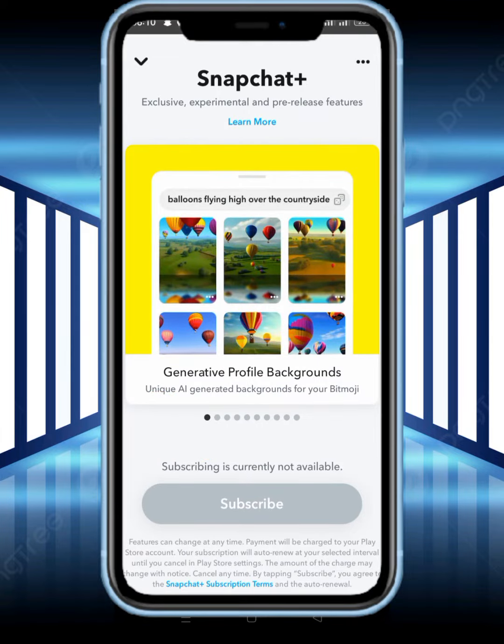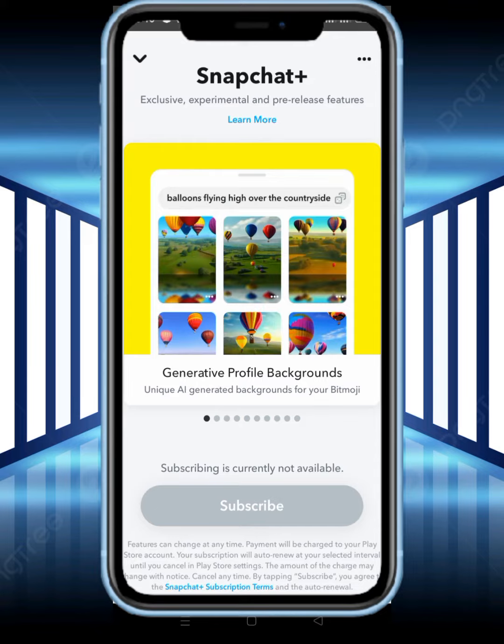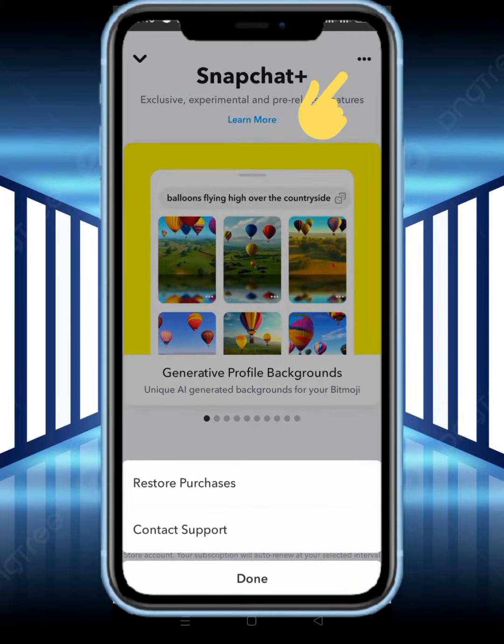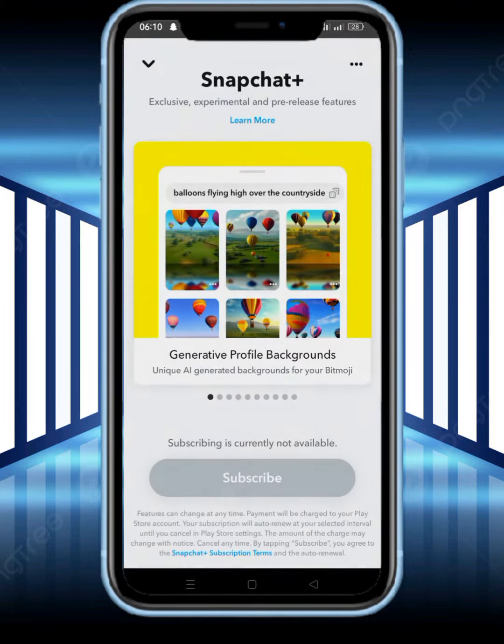If the subscribe button is not available, what you need to do is change the country or region and select USA. After that, check whether the problem has been fixed or not. If the problem is not fixed, then tap on the three lines and tap on contact support. Tap on this